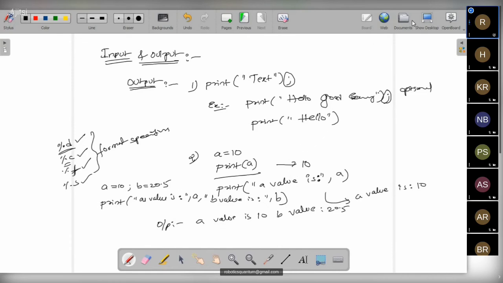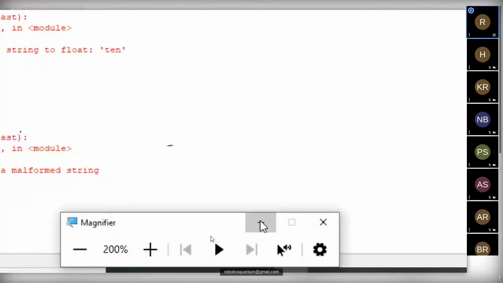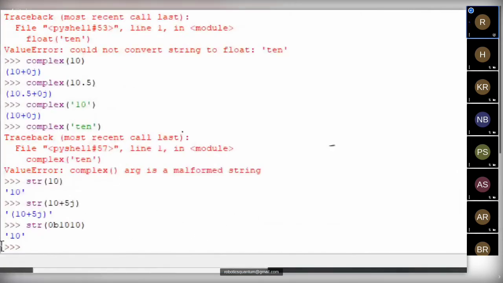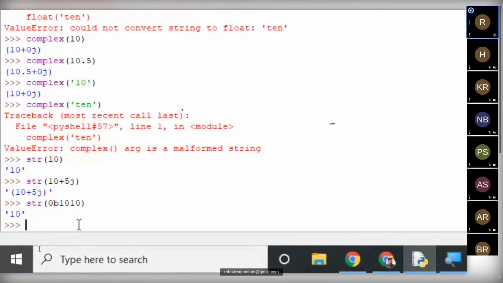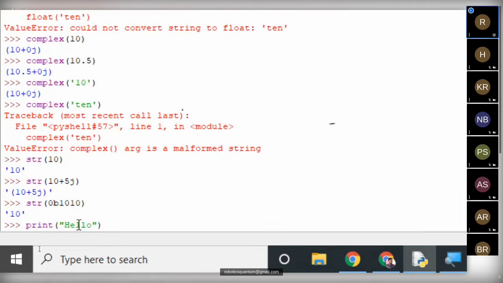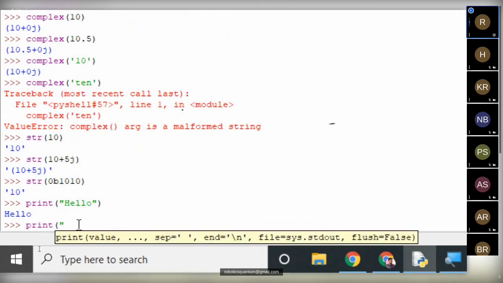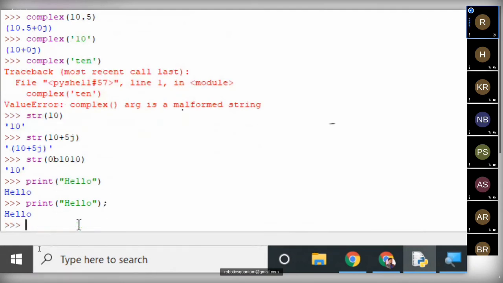So let us check programmatically how it will be printed. Let me show how to print values using the print function. Without variables, we can print text. I'm using a print function: hello. We got it. Even if I keep the semicolon at the end of the statement, nothing will be different.